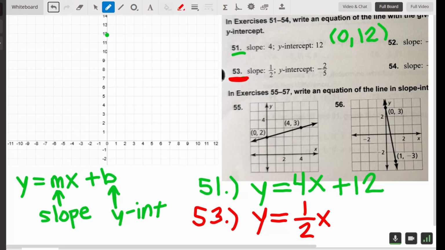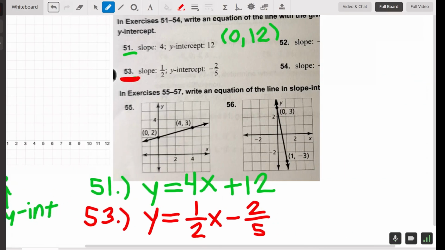And then what do we have? Is it a plus something or is it a minus something? Well, the y-intercept for this is given as negative 2/5. So we have a minus instead of a plus. The last one we did, 12, that was a plus. This time we have a negative. So we're going to put in a minus 2/5. And if we're not sure if it should be minus or plus, we can do our little check of